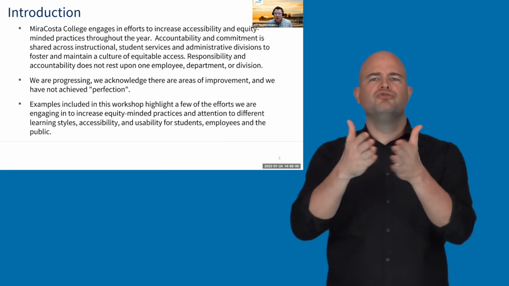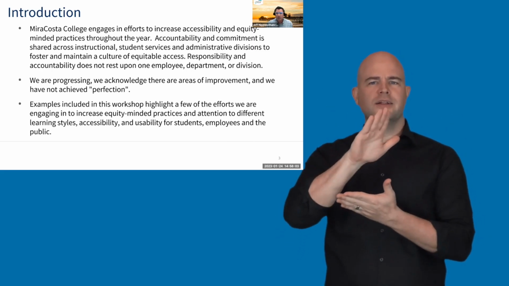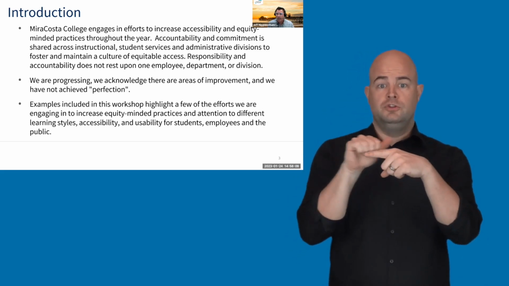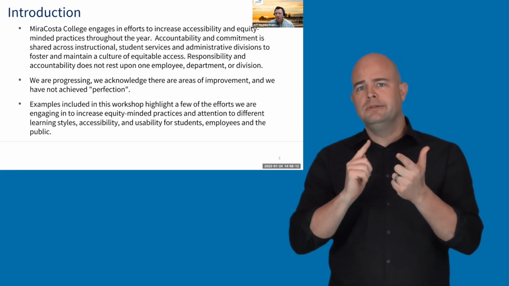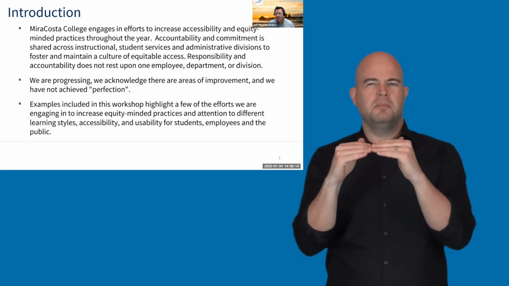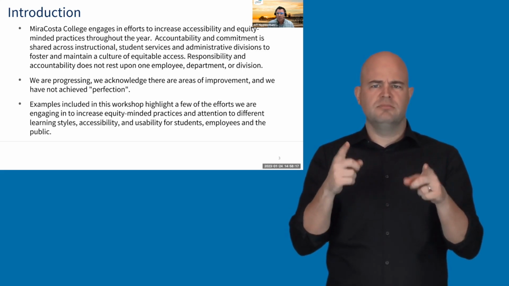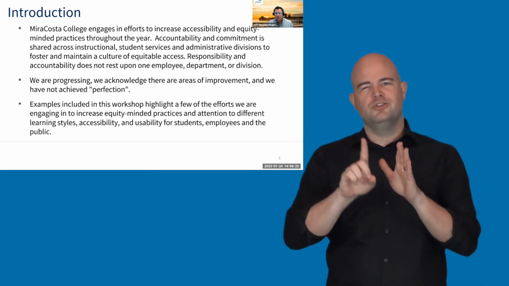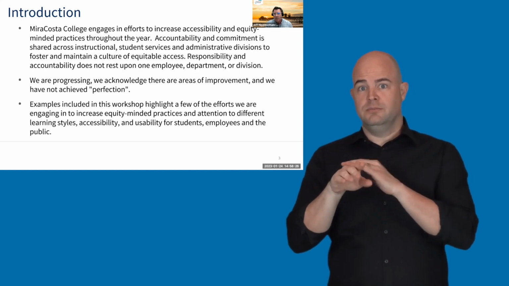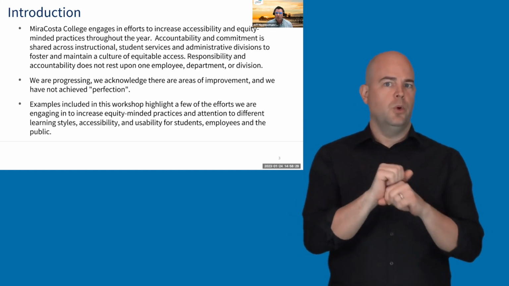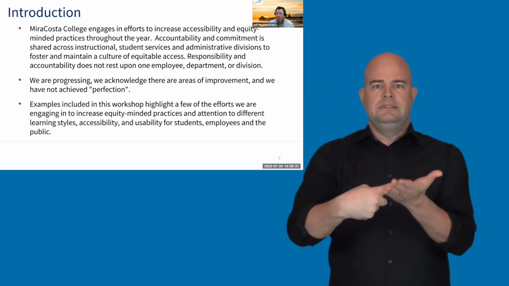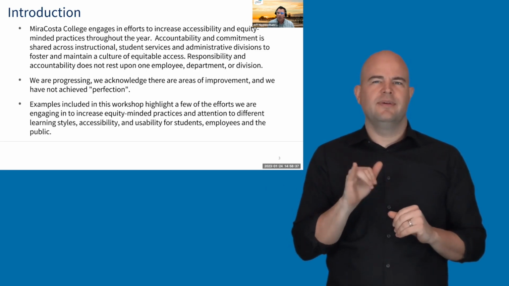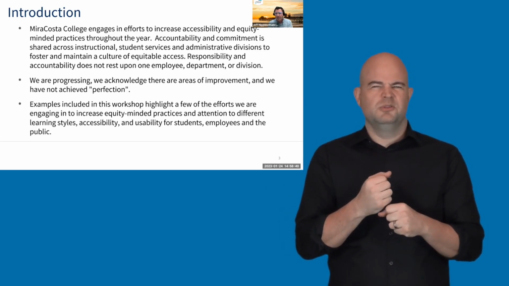Before I turn it over to other members of our college, I want to provide some general information regarding MiraCosta College as it relates to efforts involving accessibility and equity-minded practices. First, training resources, individual support and dialogue involving accessibility and equity-minded practices are provided and occur throughout the year, but like many colleges, probably more intensive during flex or professional development weeks. Discussion and work related to accessibility isn't reserved only for specific committees or work groups. It really is baked in to discussions and campus projects based upon awareness about accessibility that's been developed over many